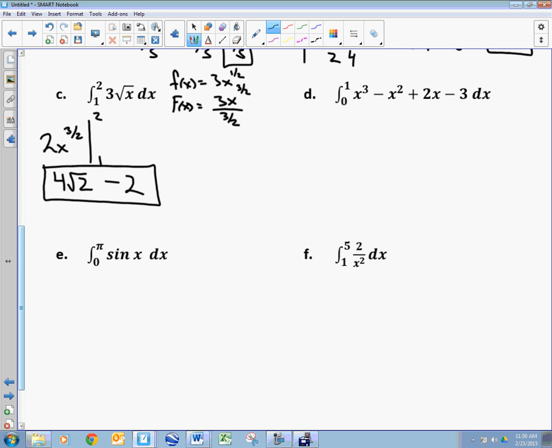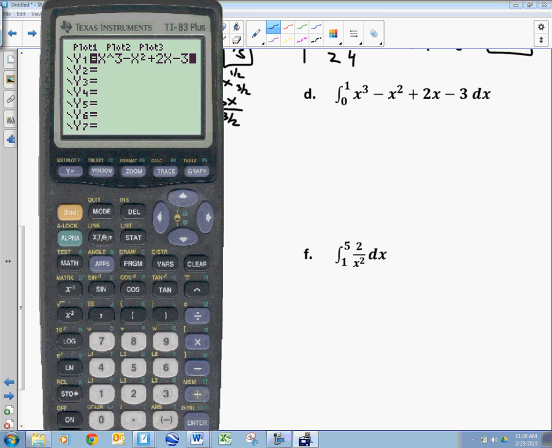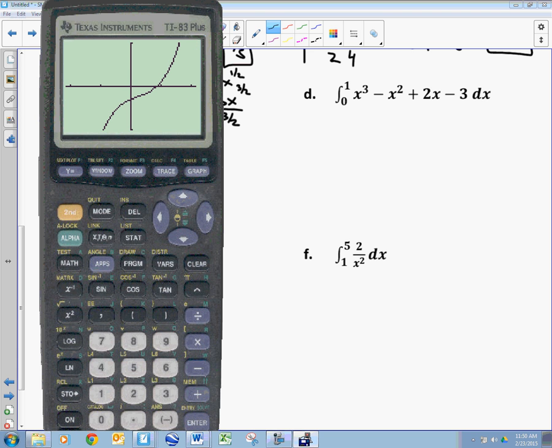D, all right? Now, here's what's interesting about D. I want you to take D and graph it on your calculator. Or you can just watch mine, x to the third minus x squared plus 2x minus 3. Okay, so I want you to look at that. See the shape? From 0 to 1. Is most of it negative or is most of it positive? Yeah, in fact, if you draw the rectangles and then you calculate from 0 to 1, you can see,